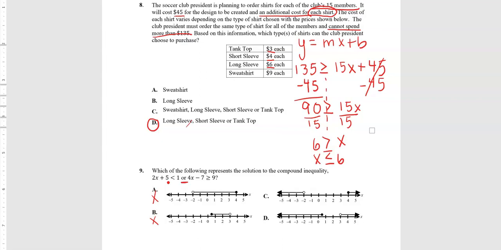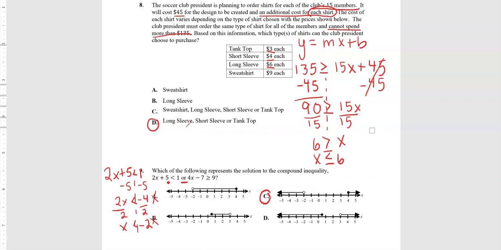I'm going to solve for the inequality here just like I would if it was a regular equation. So I'm going to do 2x plus 5 is less than 1. Okay, again, I'm going to go ahead and minus 5 from both sides. That's going to get me 2x is less than negative 4. Divide by 2. And I'm going to get x is less than negative 2. So I'm looking for something that's showing x is less than negative 2. That's going to be C right here. Now, because I already eliminated A and B, I know C is my answer, but let's do the other side